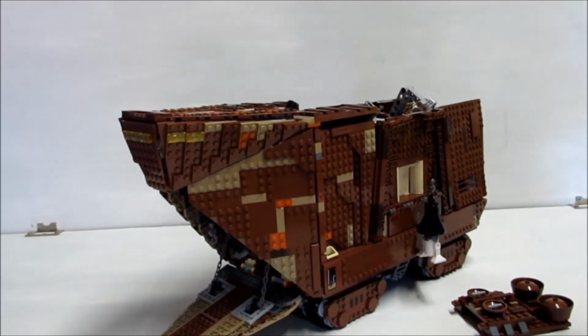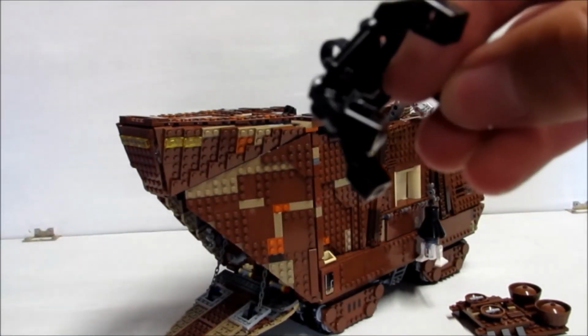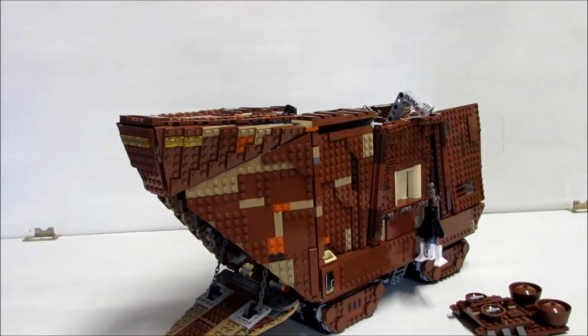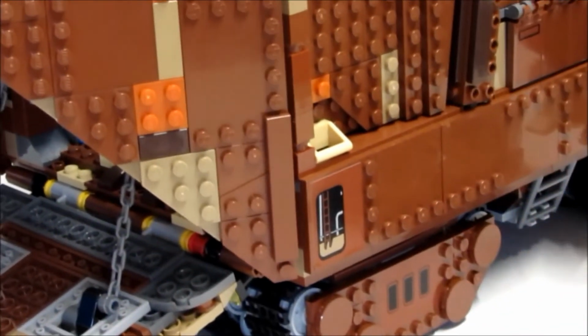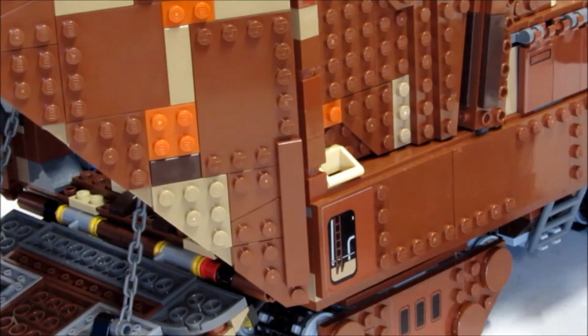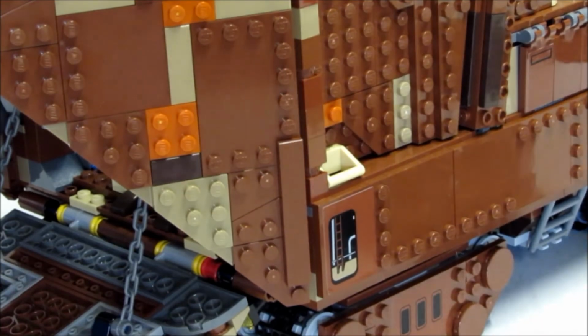Also, there's also this like grabber claw thing, so you can also attach that to other droids. I've not actually used that. I don't quite know what the point of that is, but as you can see, there's stickers around the area here. So there's stickers there, and there's stickers down there on the wheels and everything. You can also see right down there, there's this little